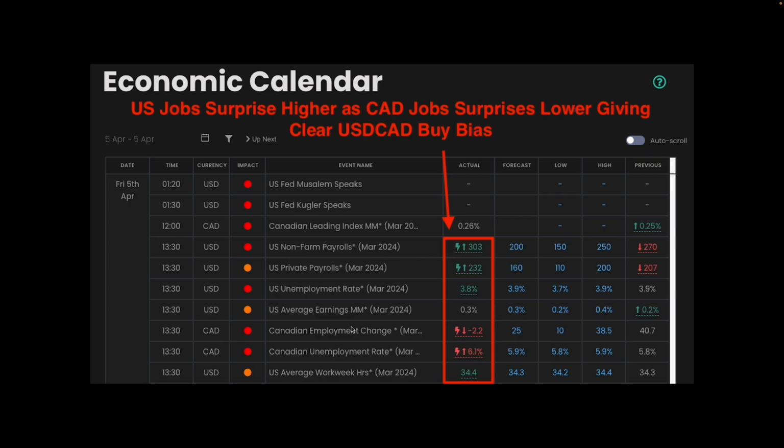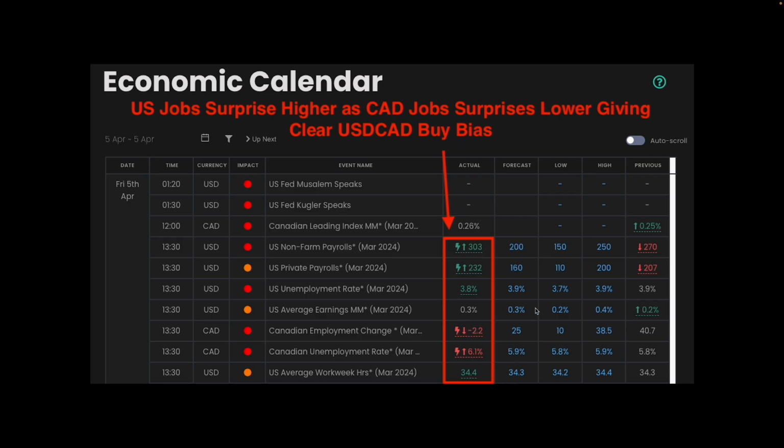and we had weak Canadian jobs data. Now, given where the Fed were and given where the Bank of Canada were, this was a great potential divergence between the US dollar and the Canadian dollar. So a strong non-farm payrolls print was a big boost to the dollar because it meant the Fed were less likely to need to cut interest rates this year, whereas the miss in the Canadian employment data,